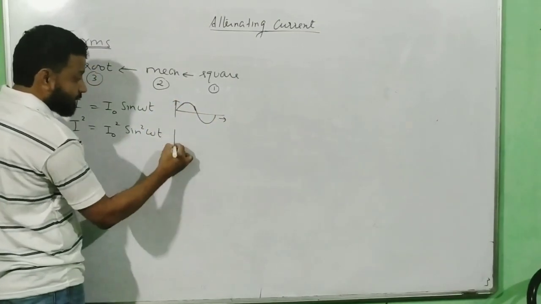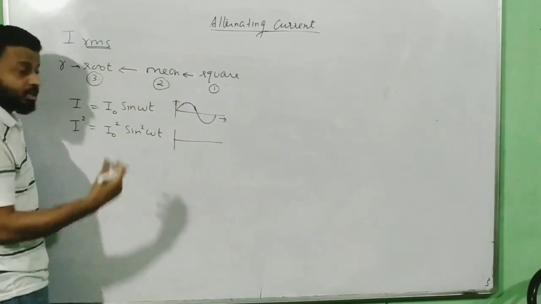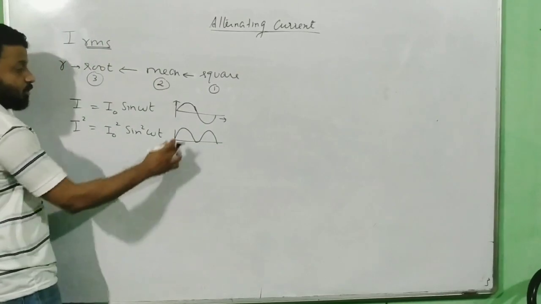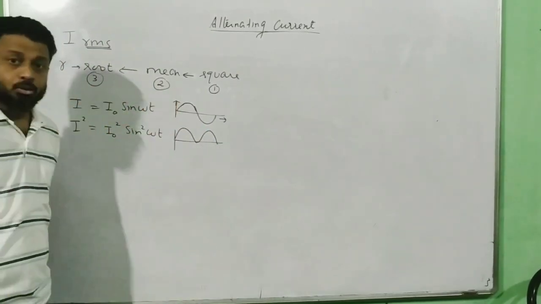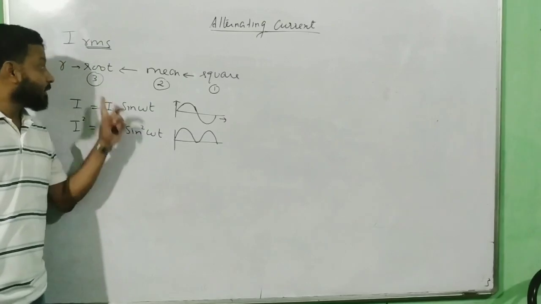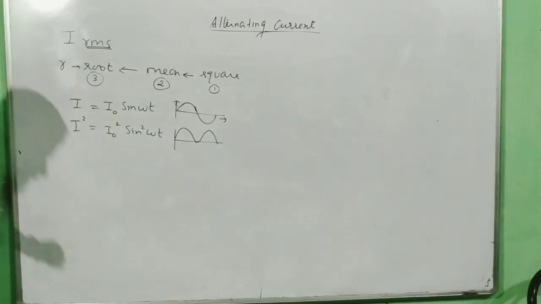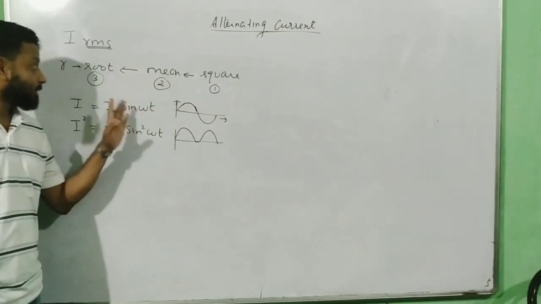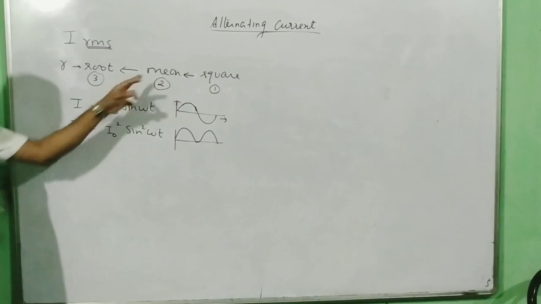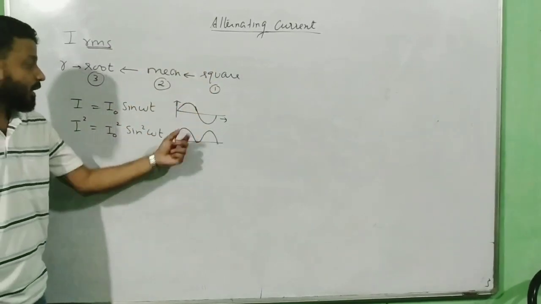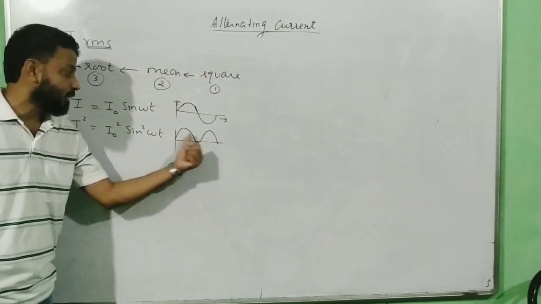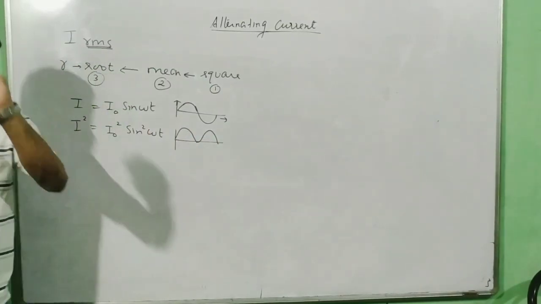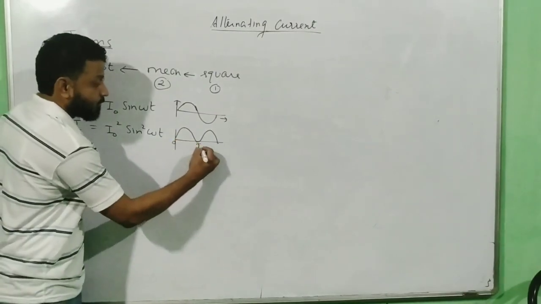What about the sine square function? Square makes everything positive. So even the lower part will come at the top. You can see here the area has come in the first quadrant. We cannot find the average for sine omega t, but since we are finding the average of the square function, when you make it square, the entire thing becomes positive at the top. So very safely I can find the average of the square function over a full cycle. Okay, so we are going to find it for a full cycle.